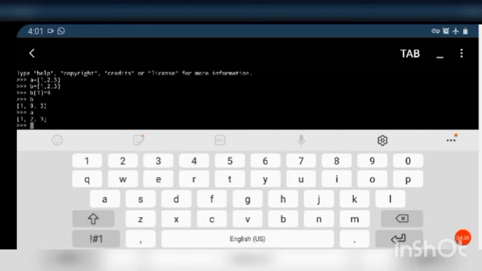That is why if I change the content of B, it is reflected in A. But here, both lists are pointing to different memory locations. Even though they contain the same data, they are pointing to different memory locations.